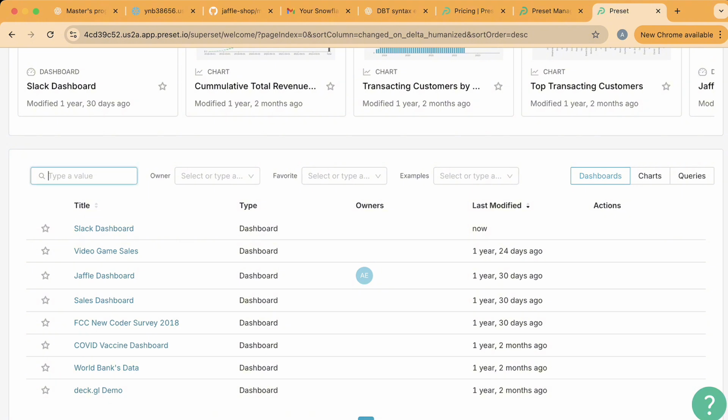Maybe you're searching for some sample dashboard. You can just type something like sales. You can easily find the dashboard, and you can search by owner. So if you know the owner of the dashboard, you can just filter by the owner of the dashboard, and some other filter tags like favorite, examples,